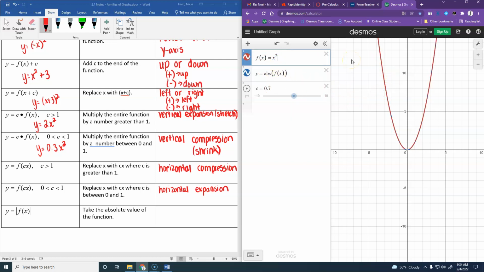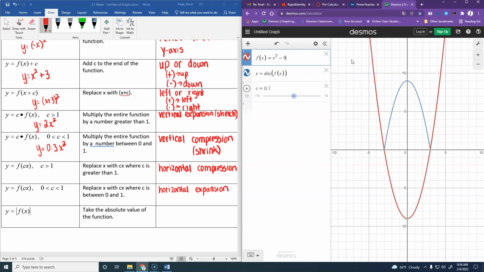Let me change my equation to be x squared minus 9. So now, if this is the function I'm starting with, then if I take the absolute value of that function, this here is what I end up with. Okay? So remember, if I take the absolute value of -7, what do I get? 7, right? I had a teacher that just called it the washing machine. It just washes away the negatives,